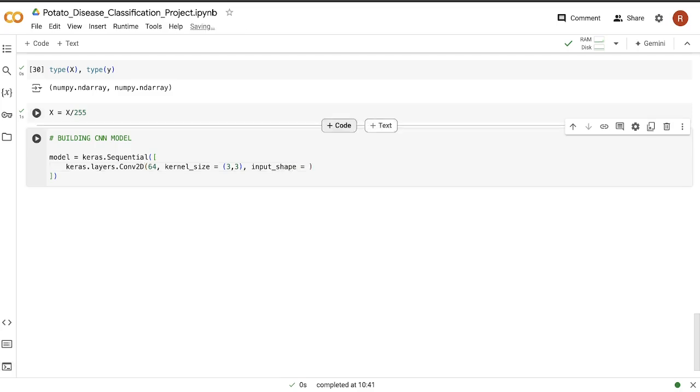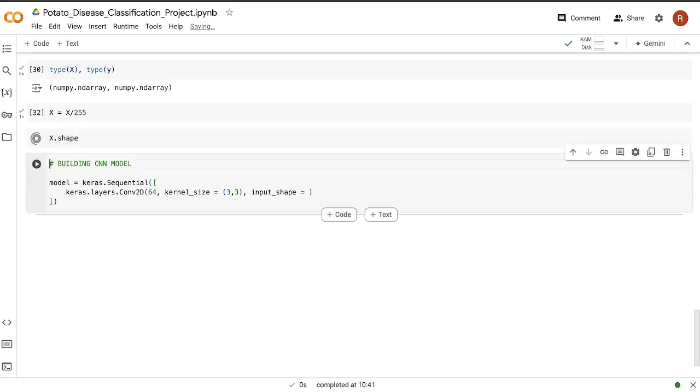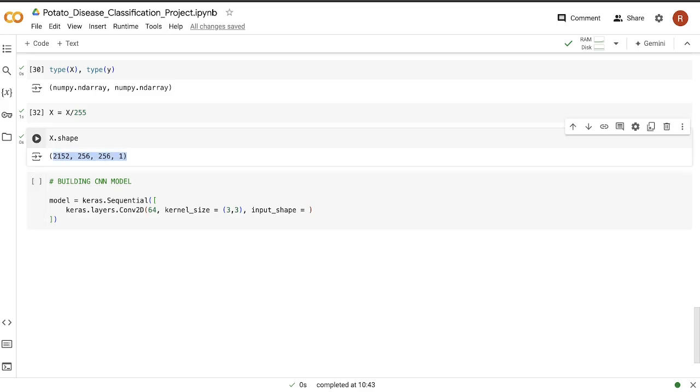If you say X.shape and run that, you can see this is your shape. Now 2152 is the number of images that you have in your input data, that is X. But we don't require this. We just want the shape of 256 by 256 and the channel dimension 1.